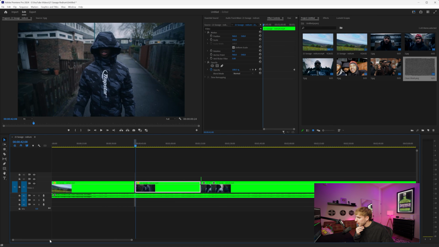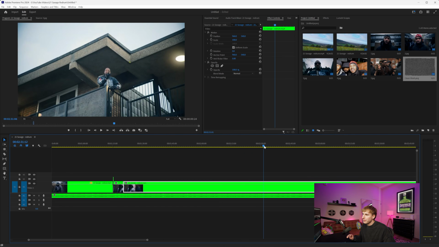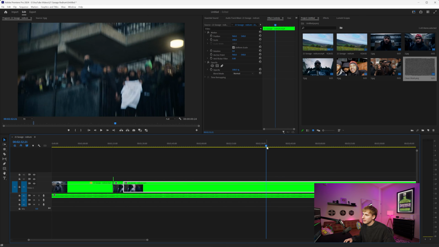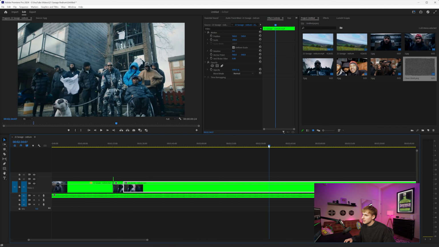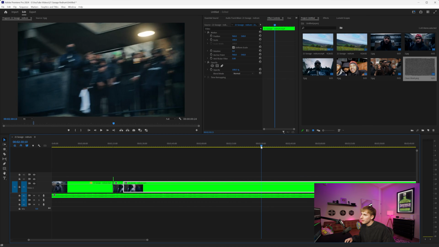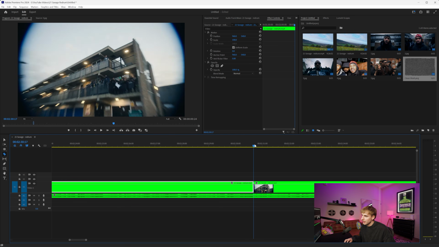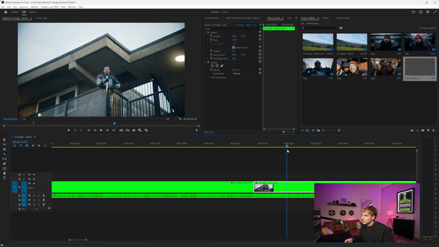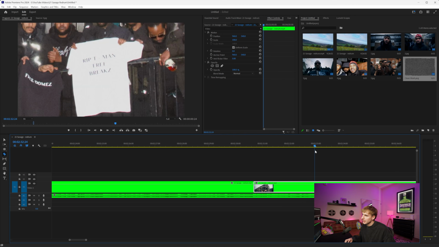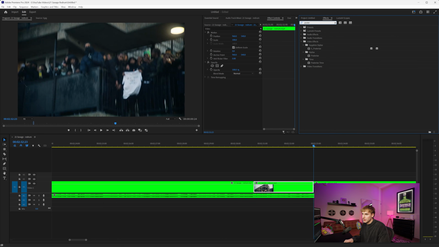Now lastly, I want to show this posterized time, kind of like frame by frame. It's almost like an OGG inspired effect, like right here. See how it's choppy and there's match cuts, but there's also a lack of frame rate. You can do that really easily if you just find a clip with some motion. So I think the clip right before it's perfect for it. So let's go right here, cut it, and then just find a clip that has motion, kind of like that. We'll cut it there. And then just adding posterized time